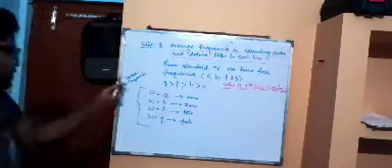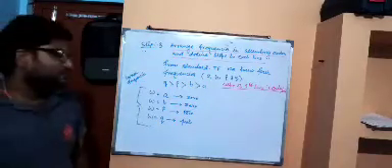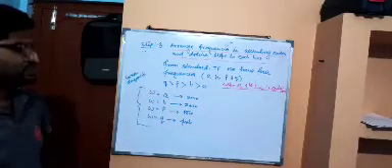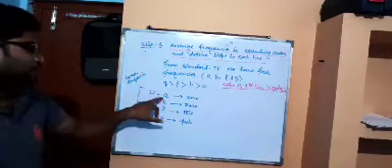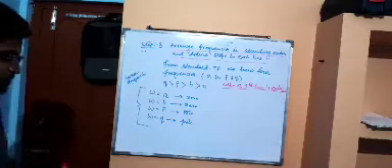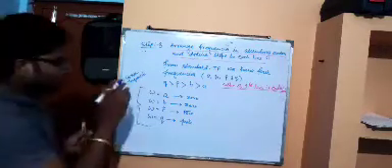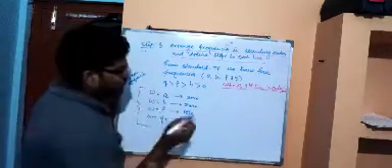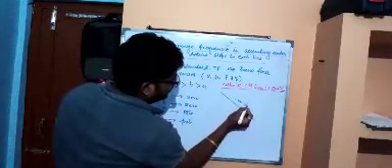Corner frequencies. What does it mean? Corner frequency means that at that particular frequency the slope changes. One more thing is important over there: the positive and negative slope. The negative slope should be represented like this. This is the negative slope. And the positive slope should be represented like this. This is the positive slope.